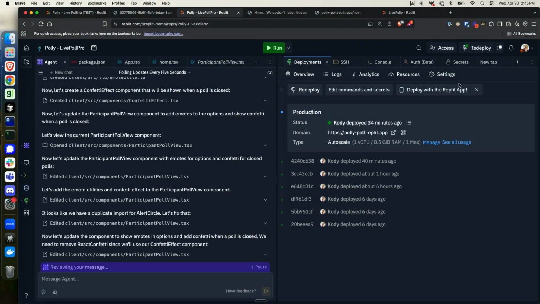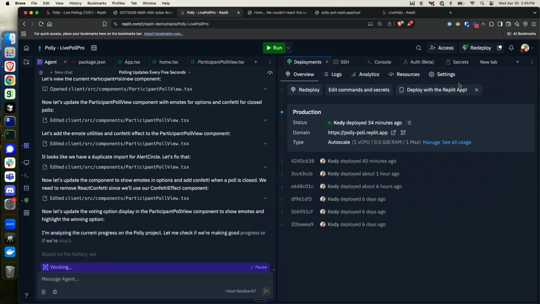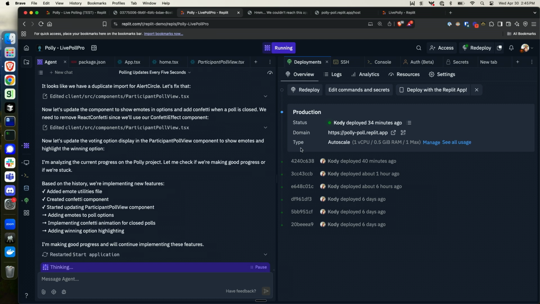So you can say, I'm going to build out this prototype application, but it's not something where you're going to throw it away and re-implement the whole thing to go to production. We're building the full stack app for you from the beginning and putting you on really good rails, so that when you do want to go to production, it's immediately scalable. When I am ready to go live, I can just go over to deployments and hit redeploy. This one's using an autoscale service, so if nobody's using it, it'll just idle. If it blows up and 10,000 or 20,000 people start using it, it'll scale up to address that traffic for you. It automatically handles all the anti-abuse and spam mechanisms, all those kinds of things that you would want in order to go live.